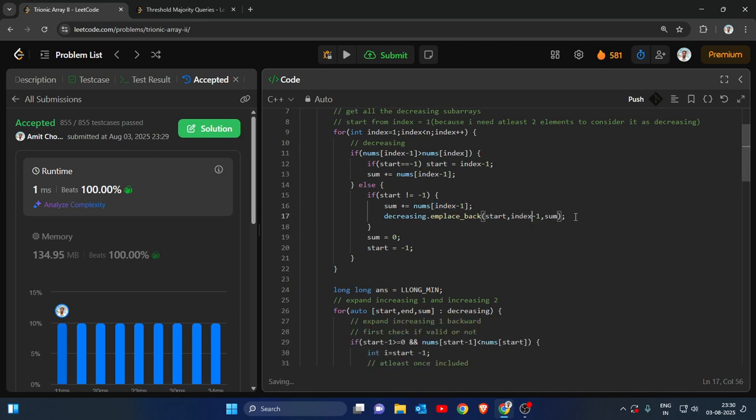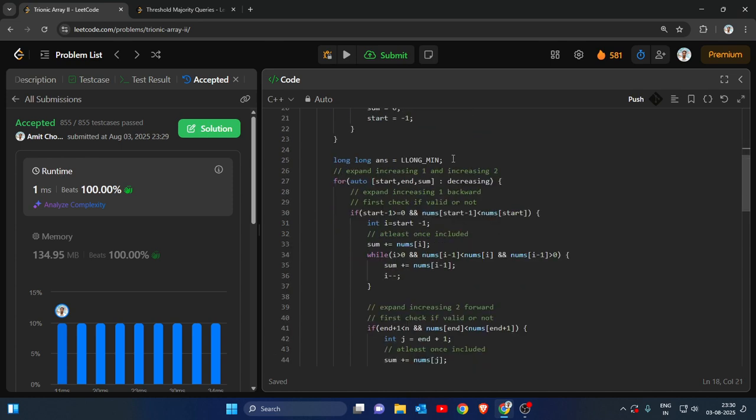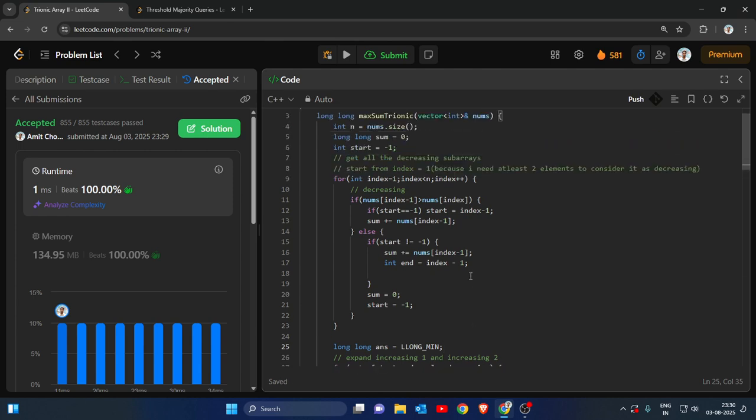So now I can remove this part. We need an end here, so I already have a start and an index or sum. So start and sum is already something which is recognizable at this point, but let's have an end which is going to be index minus 1, and let me take this answer upwards,